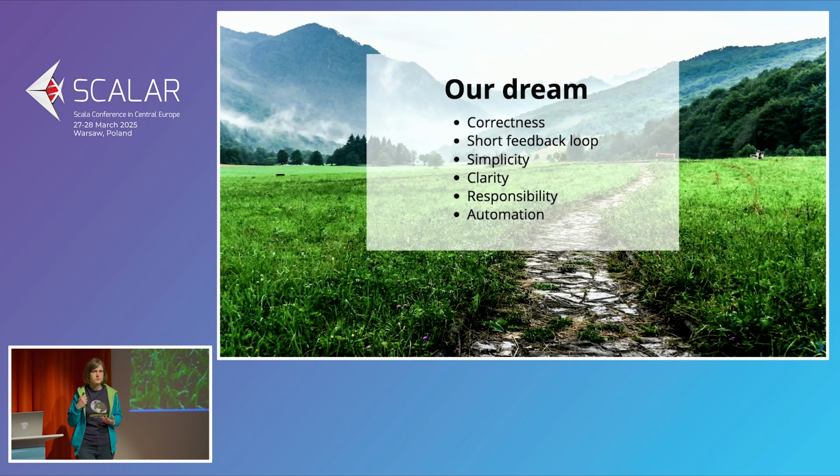So in the end, with the heavy use of Iron, we have achieved our dream. We did the refactoring. It took us a bit longer than expected, but it's finally there since a couple of months. We are very happy with that. It gives us all the things that we wanted. So that's correctness, that's short feedback loop within this first step of submitting a template. It's simple and clear, both for the domain teams and also for us, because we have hidden all the complexity somewhere there, providing some REST endpoints to interact with the chaos and complexity, which is still there, but it's hidden. It's not exposed to the end user who doesn't need to know about it.